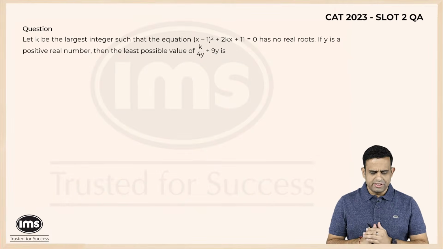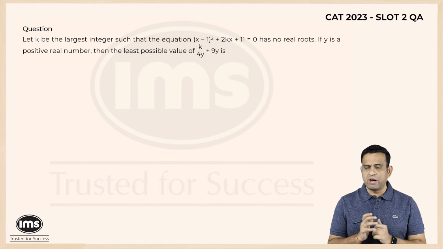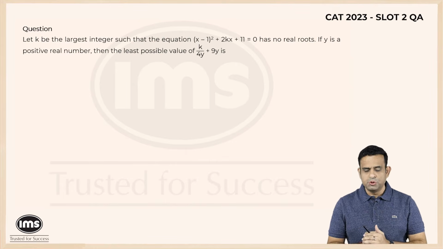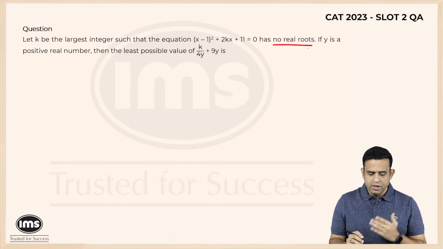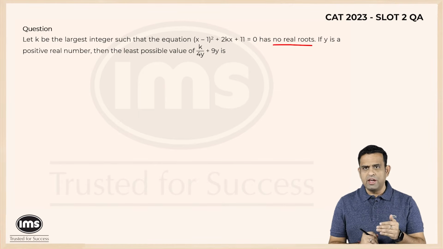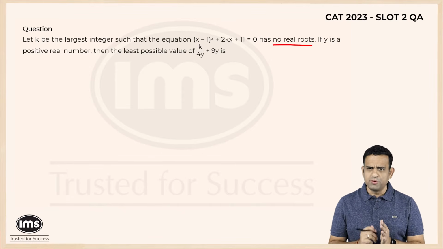In the next sum, it says that let k be the largest integer such that the equation (x minus 1) whole square plus 2kx plus 11 equals 0 has no real root. If y is a positive real number, then the least possible value of k upon 4y plus 9y is how much? So first of all, let's take the help of the first statement, where they are saying the given quadratic